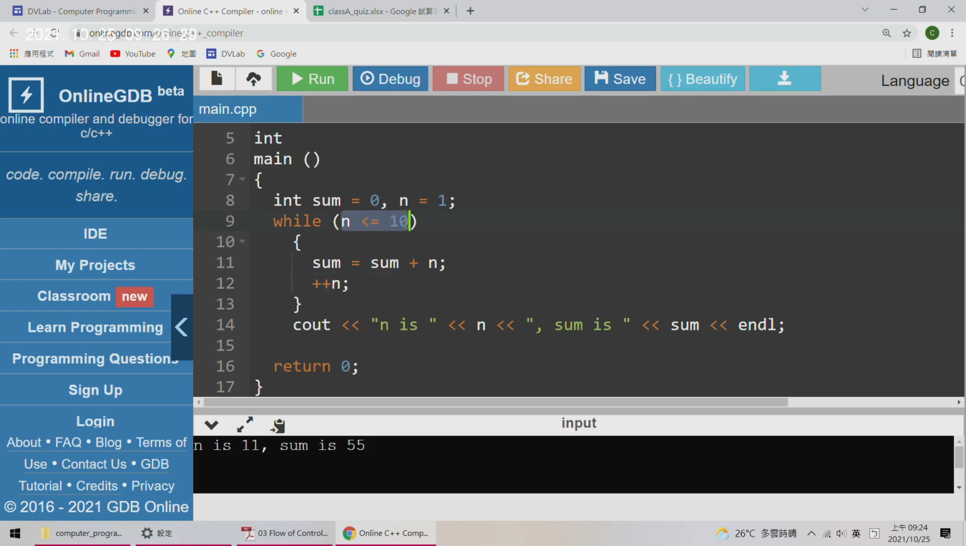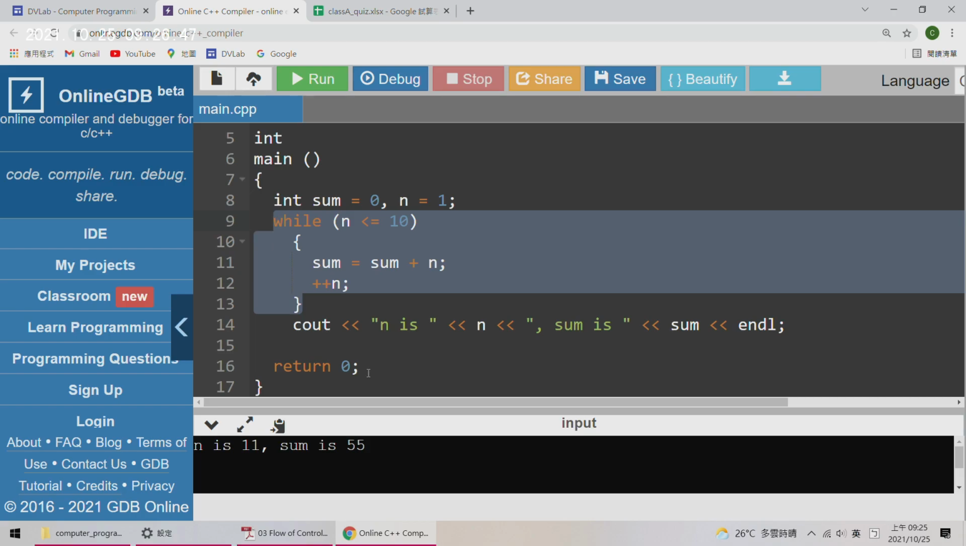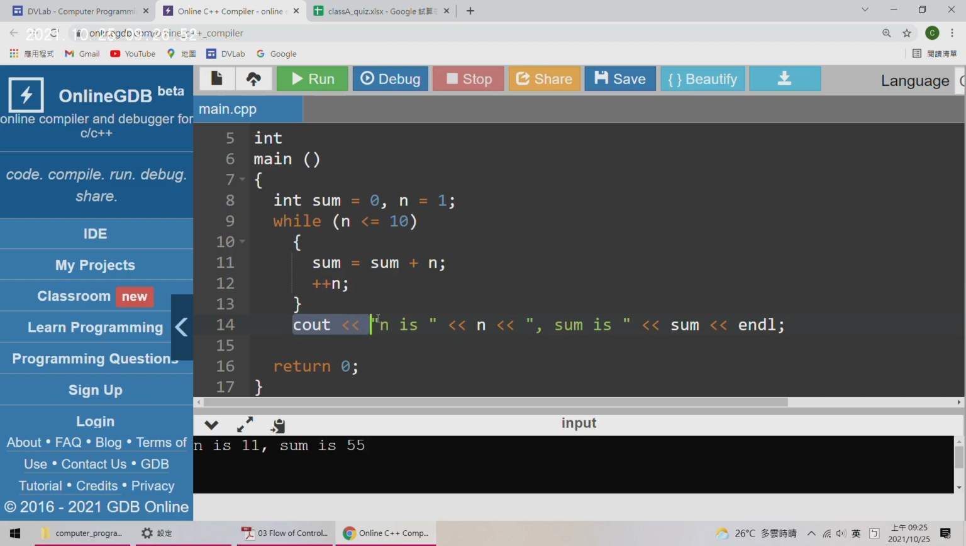And then the program will check the Boolean expression again, until this Boolean expression is false. So when the value of n is 11, the while loop terminates. When the while loop terminates, the program will go to this line. So when you print the value of n, the value of n is 11, and the value of sum,